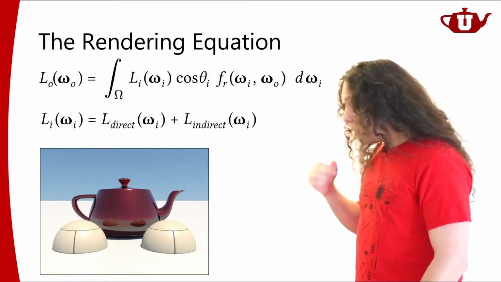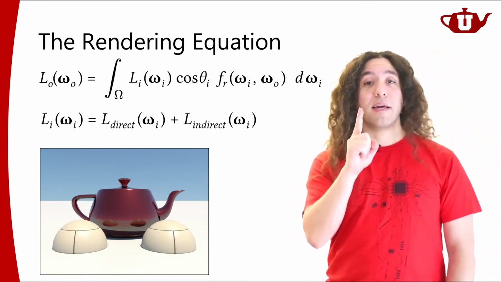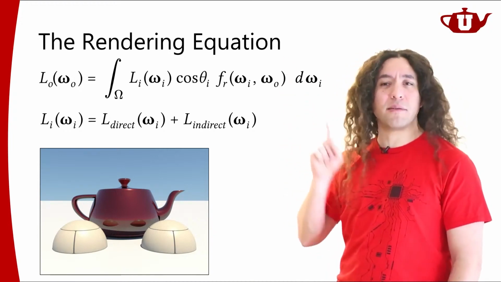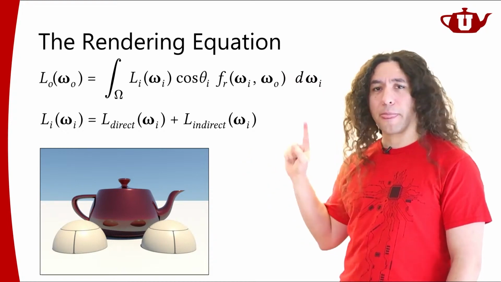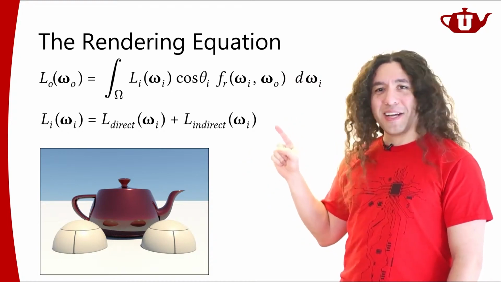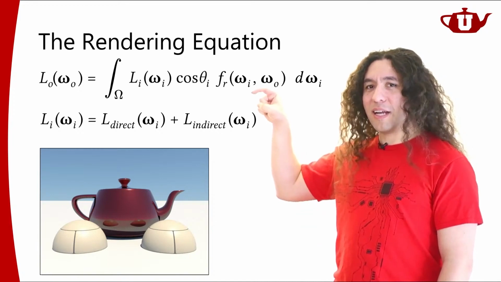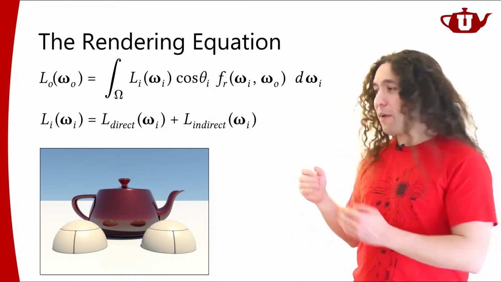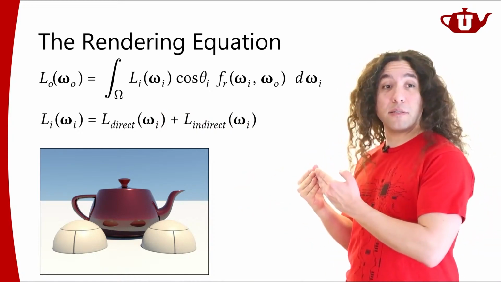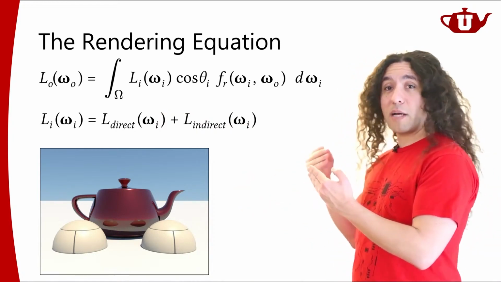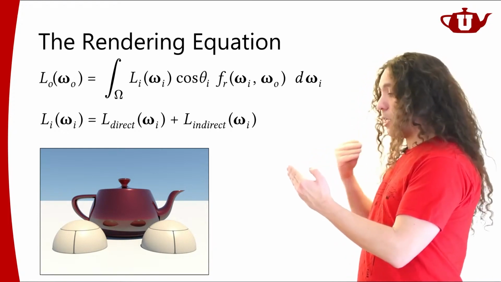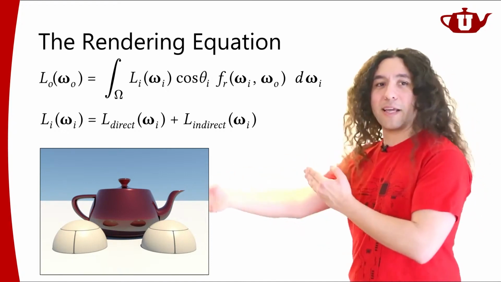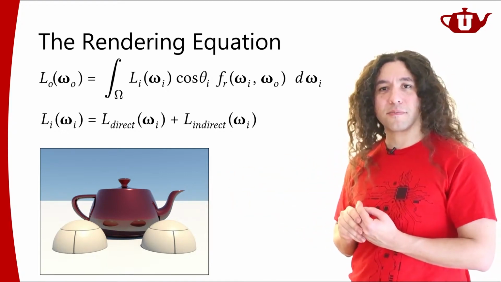Another thing to notice here is that if I pick a particular direction omega, just pick one direction omega at a point on this teapot. From that direction, I'm going to have either indirect illumination or direct illumination, right? So if I have indirect illumination from that direction, I'm not going to have direct illumination because direct illumination will be shadowed by some object that's sending indirect illumination in that direction, right?